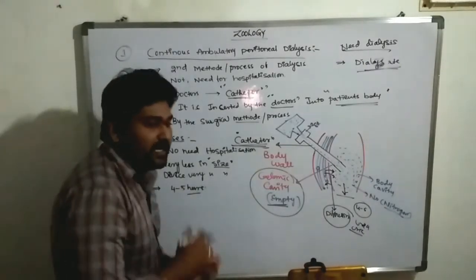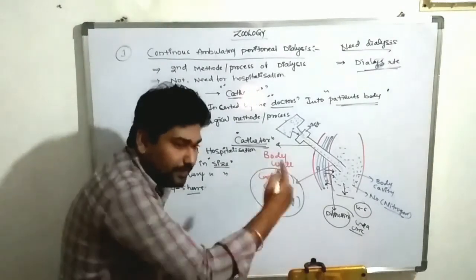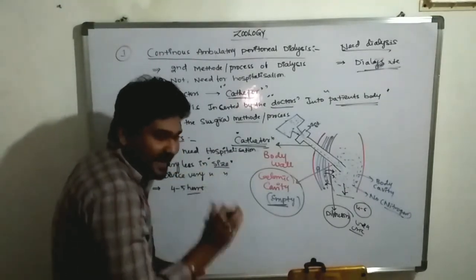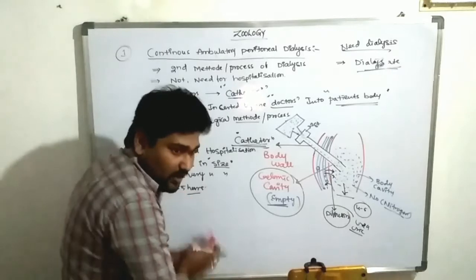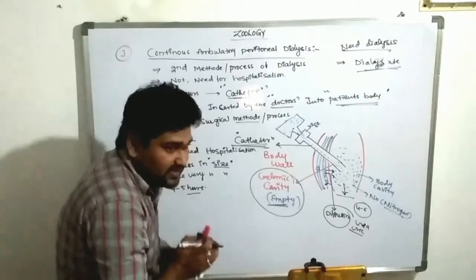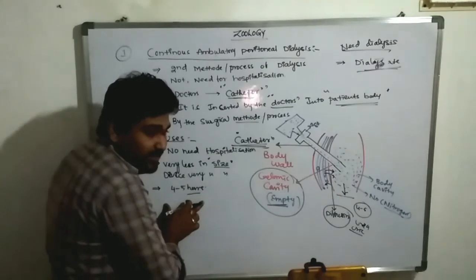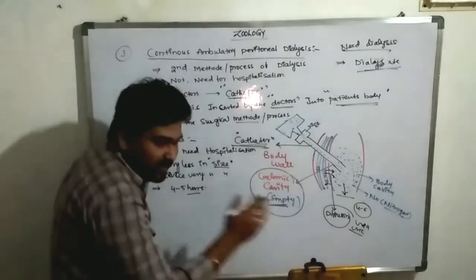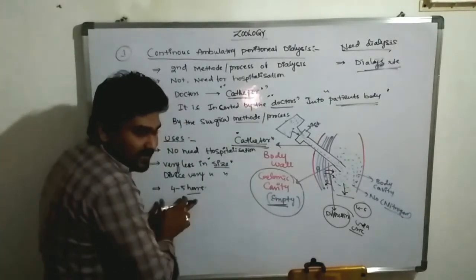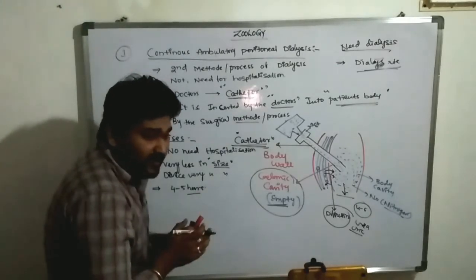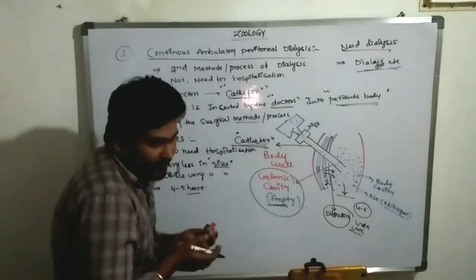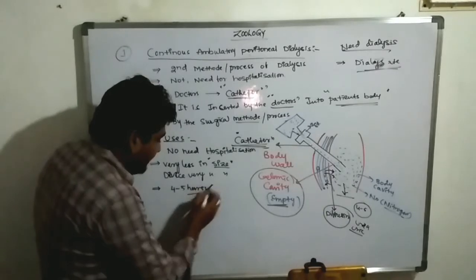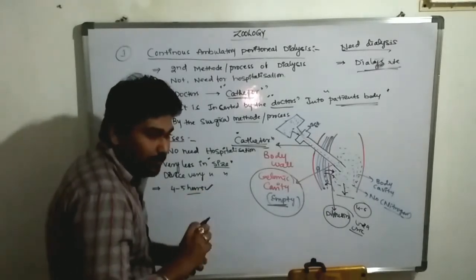Next, what is the difference between hemodialysis and peritoneal dialysis? In peritoneal dialysis, there is no need for hospitalization. It is a very compact and simple device inserted into our body, so there is no problem for the dialysis process. The process is completed within 4 to 5 hours. This time is prescribed by the doctor, because the nephrons are not filtering the excretory products properly. The catheter timing is adjusted up to 4 to 5 hours.